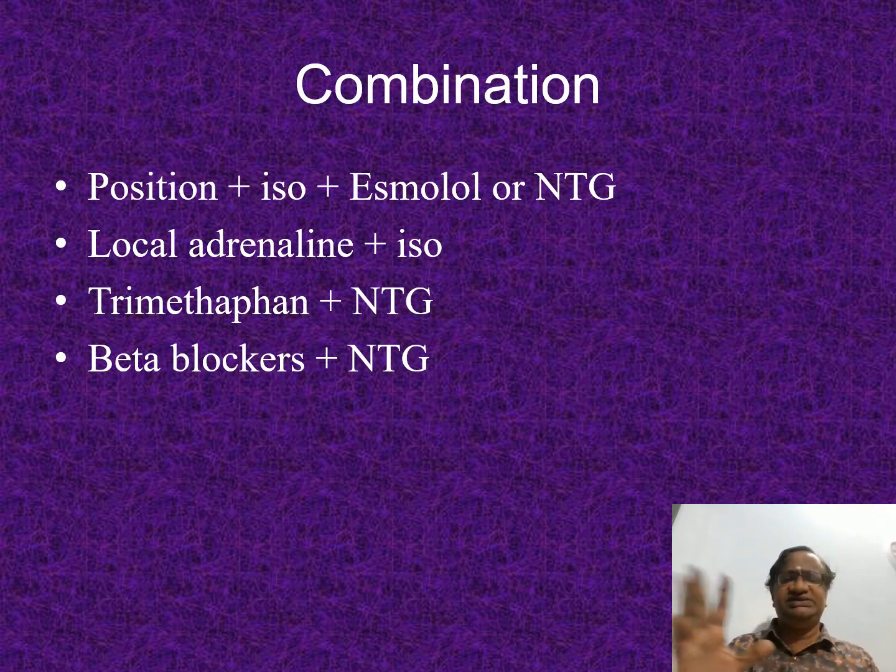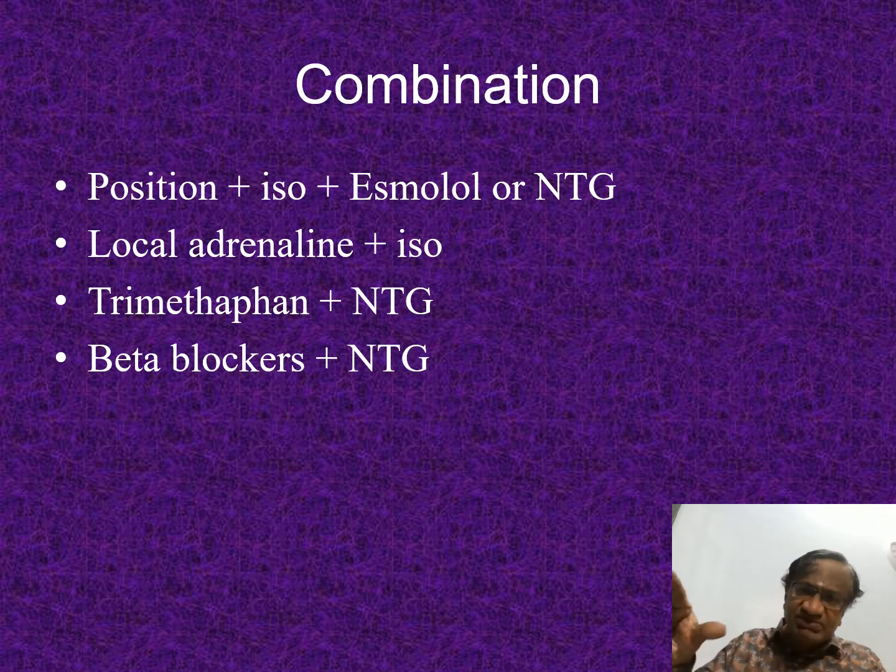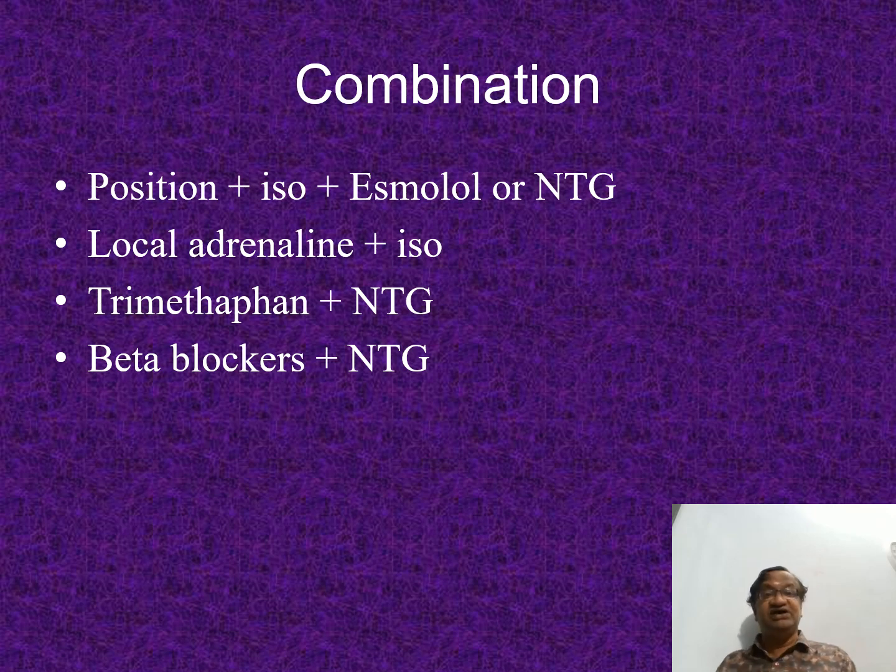Every time we can use a combination. Use the position, use some isoflurane and give NTG. Use isoflurane, fentanyl and local with adrenaline. NTG, trimethaphan, beta blockers; NTG, fentanyl, beta blockers. It is not that every time we can use isoflurane and dexmedetomidine. It is preferable to avoid beta blockers with dexmed because bradycardia may be a little more. So we can use a narcotic. If it is going to be there, we have to be careful about the bradycardia. We can always use isoflurane or calcium channel blockers along with this